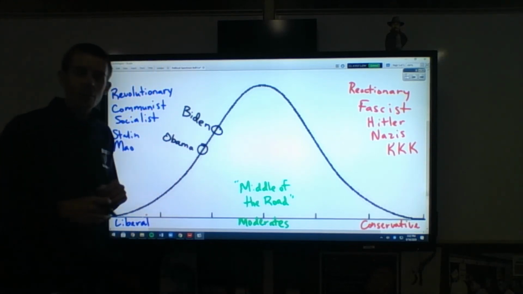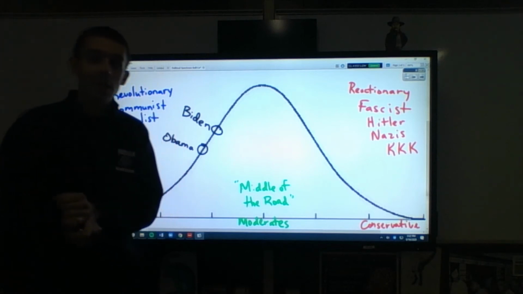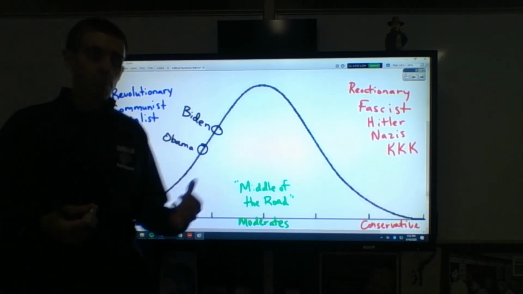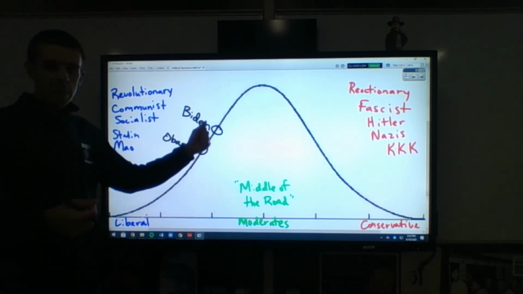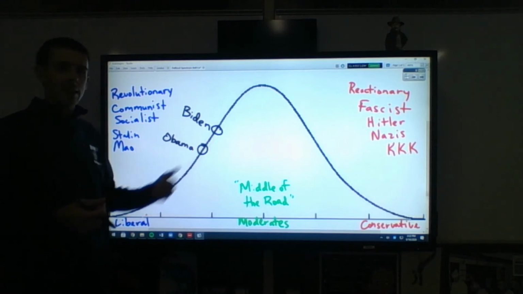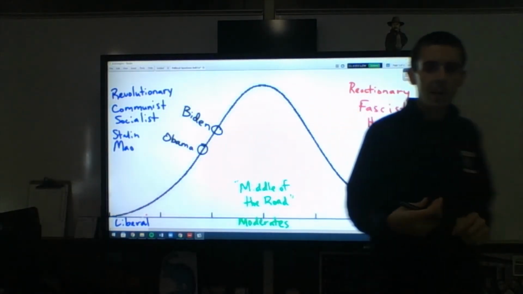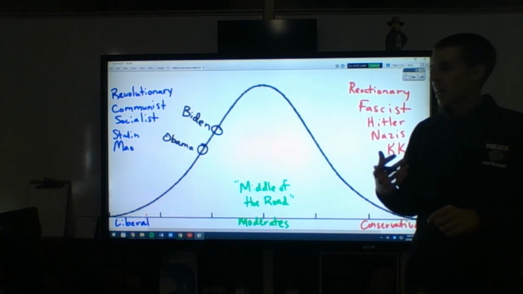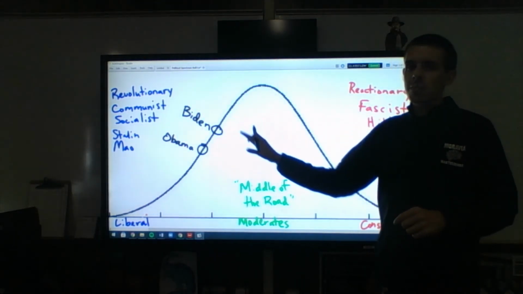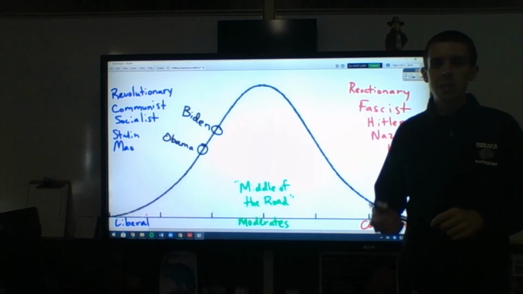I think that a lot of what he's saying that is pretty liberal is because he needs more liberal voters to help him win. So I don't think that he's really all that liberal. I mean, he's a pretty liberal guy, but in terms of where he belongs on this, he's less liberal, I think, than Barack Obama was as president.